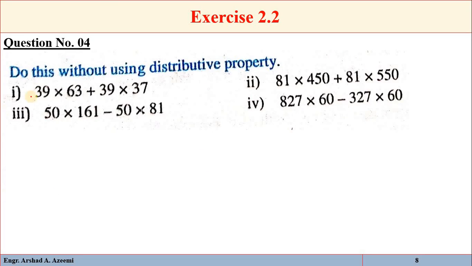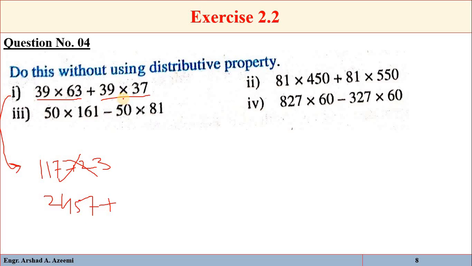Question number 4, do this without using the distributive property. For this one, first multiply 39 with 63, so you will get 2457. Plus multiply 39 with 37, so you will get 1443, so it is equal to